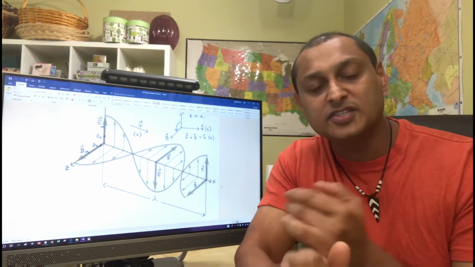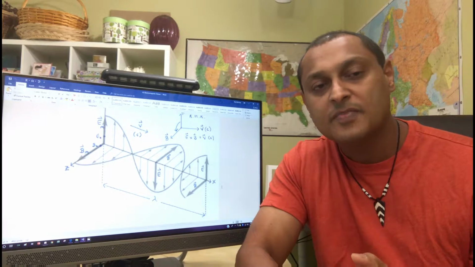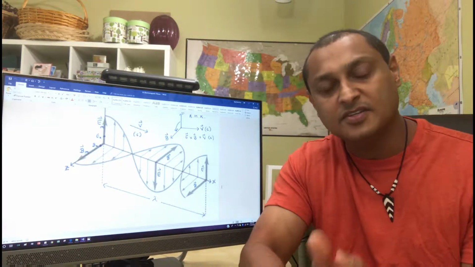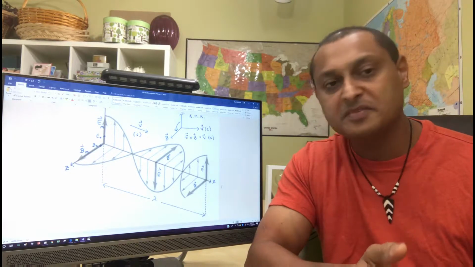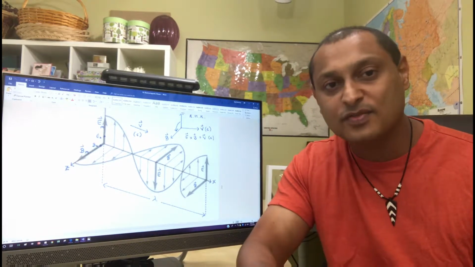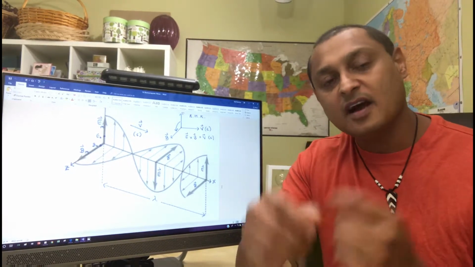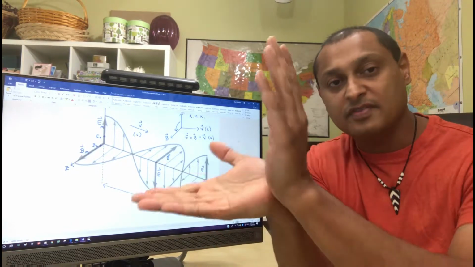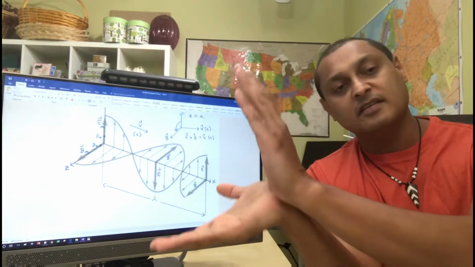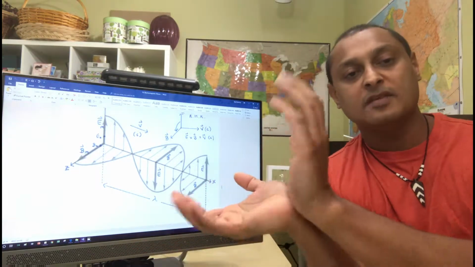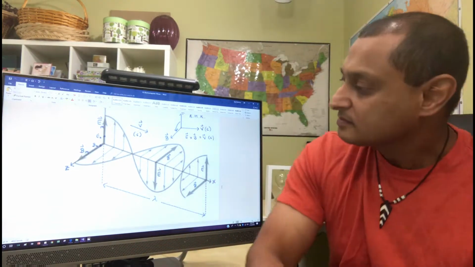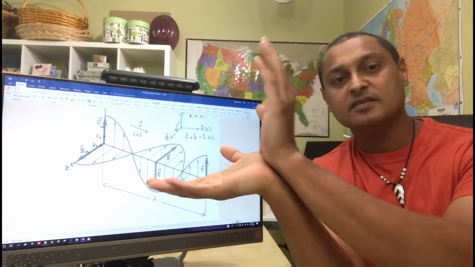So the changing magnetic field induces an electric field, and the changing electric field induces a changing magnetic field, and they go back and forth. And as they're oscillating back and forth in magnitude, they're both rotating, always at 90 degrees. And as they're rotating, they are propagating either forwards or back in a direction that's perpendicular to the plane of